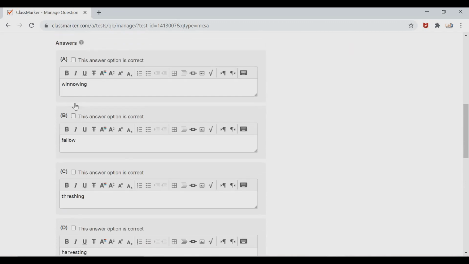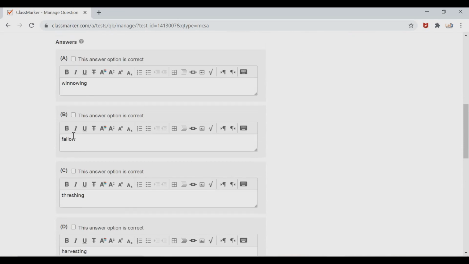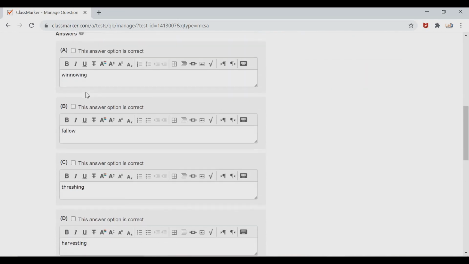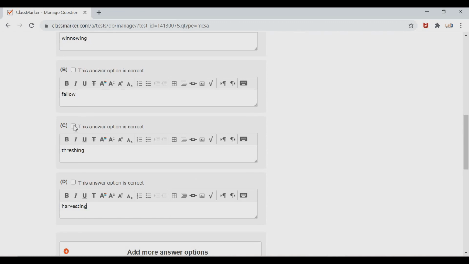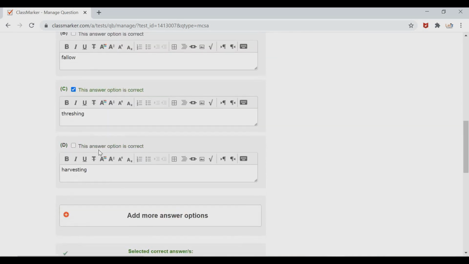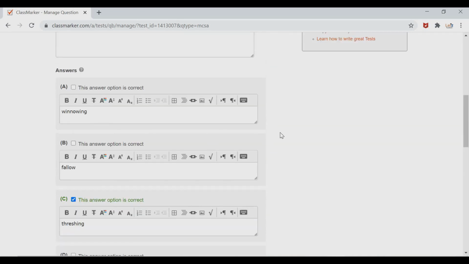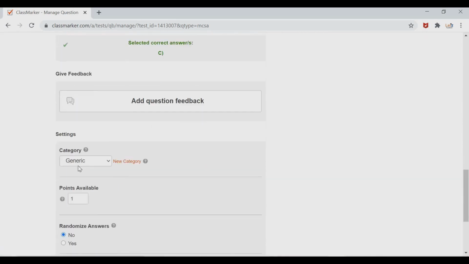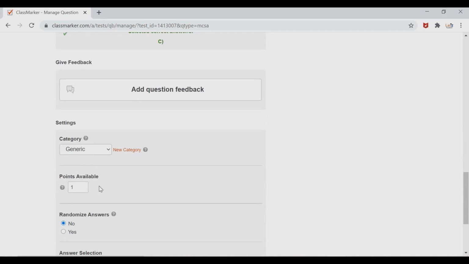We typed it now, and which one is the correct answer, that you have to choose. So separating grains from chaff is called. So here the option I am clicking is threshing as the correct answer. So this will be the correct option. Remember, if you click 2 options, then your student has to click 2 options for your question. Otherwise, the students will get only half mark. So remember that you click only 1 option for 1 question. Otherwise, it will become a multiple select question. But here for school students, we are giving only multiple choice questions. And the category you can keep as it is. No need to change it.